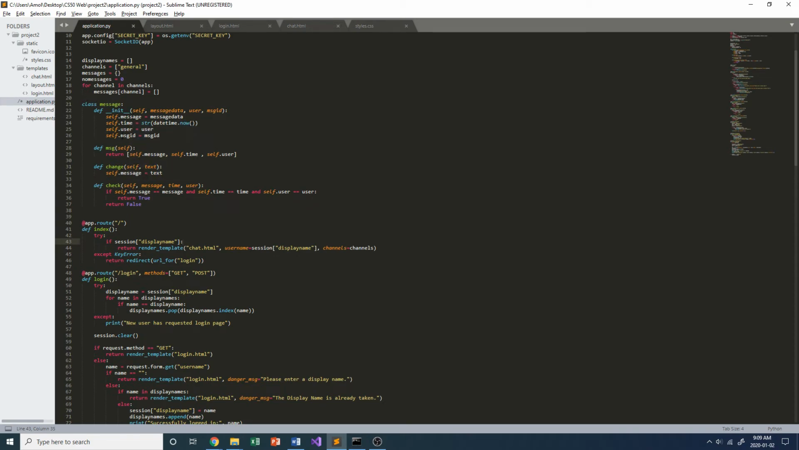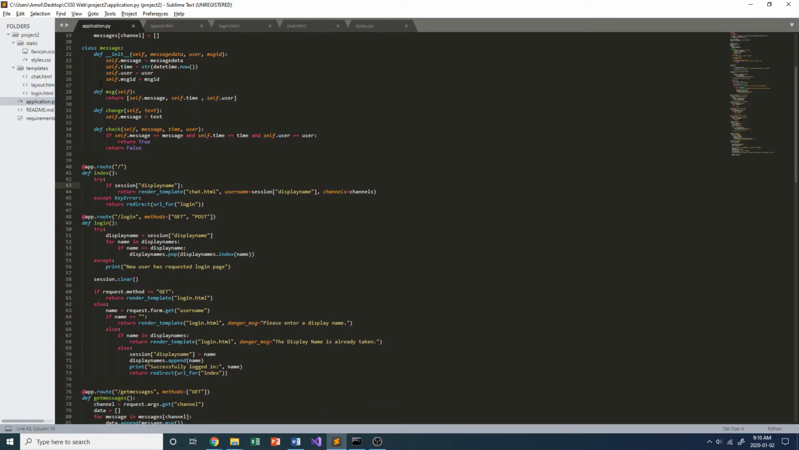It has 4 different variables inside it: the message itself, the time in which it was sent, the user who sent it, and the message ID. I'm not using the message ID in this version of the app, but I want to use it in another version. It also has a few of its own